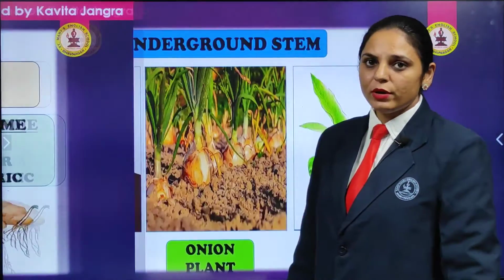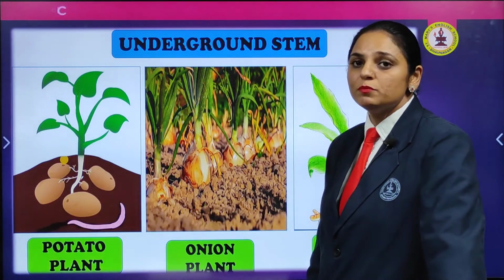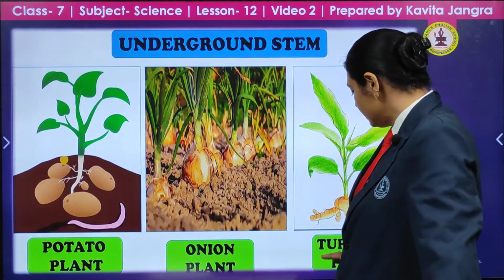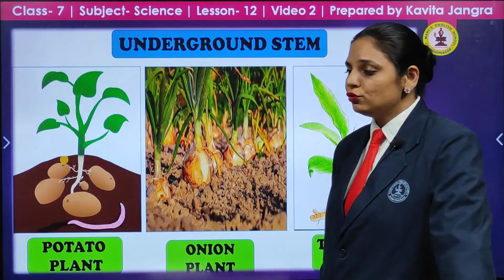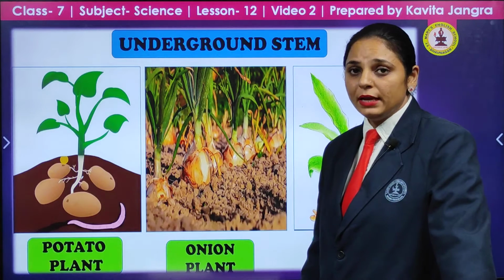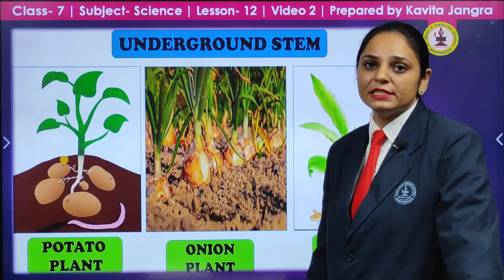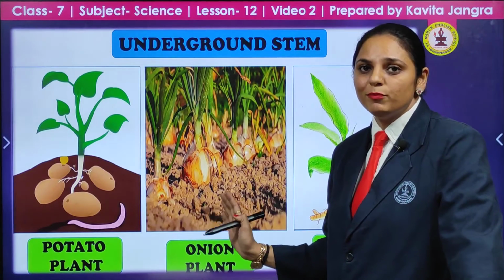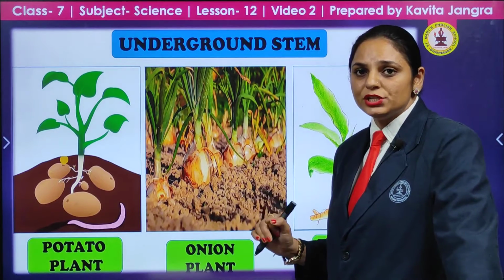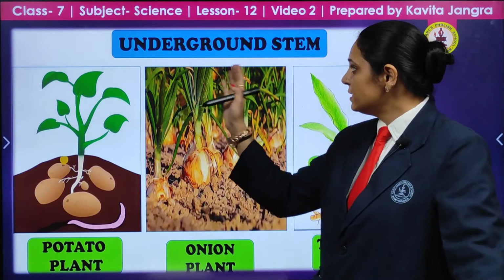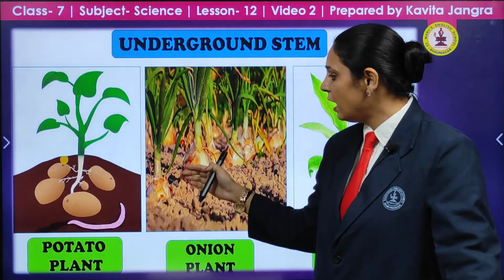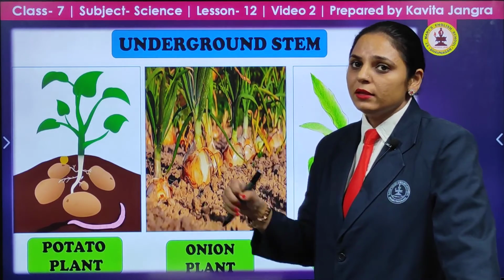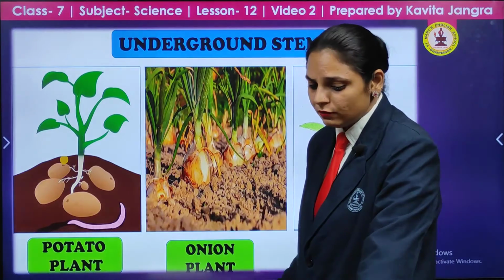Now you can also use underground stems. Underground stems are also known as modified stems. These are the potato plant, onion plant and the turmeric plant. And here you should know that potato is a tuber. If you are asked to name the tuber or modified stem, then you have to name this. Onion and garlic are considered bulbs, and turmeric and ginger are rhizomes. Okay, and these are the underground stems. If you cut half of these parts and sow them into the soil, then after a few days the new plant will form.